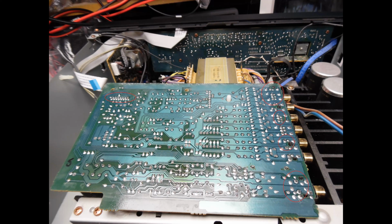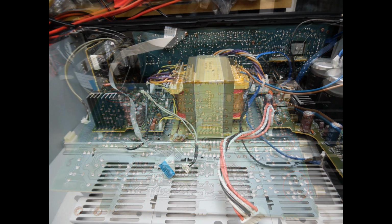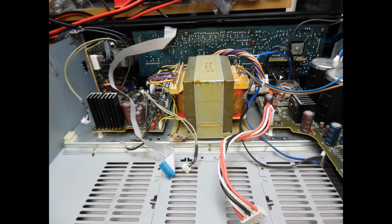Now the good thing with this amplifier is it's extremely modular. So if you are making any sort of repair work on it, it's very easy just to remove the different modules and then pop them to one side and then work on a particular section at a time. So here what I've done is I've removed the input selection boards. That should have been on the left hand side, and you can see the flex connector and then the signal wires. And then what I've also done is I've removed the main amplifier,